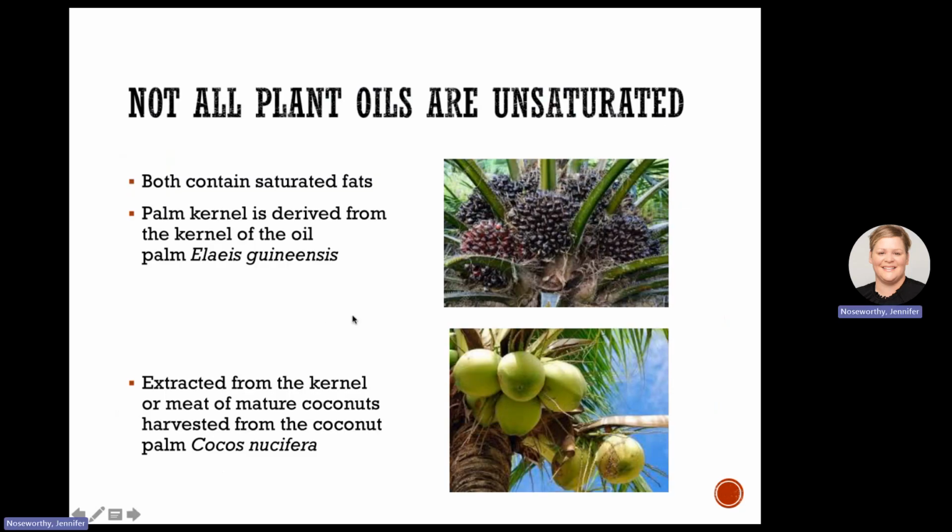In general, we say most seed-based oils are unsaturated, but I did allude to a couple that, or the chance that some of them weren't. So some do produce saturated fats, ones that are densely packed together, which is why we need to pay attention to that, like palm kernel oil or even coconut oil, which we tend to say is a good one to eat, but it kind of depends on what your goals are. They are saturated fats, so you do have to treat them kind of like you would if you were to eat animal fat as far as your health goes.